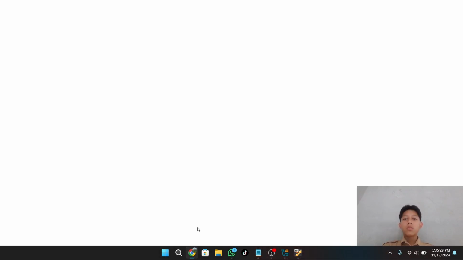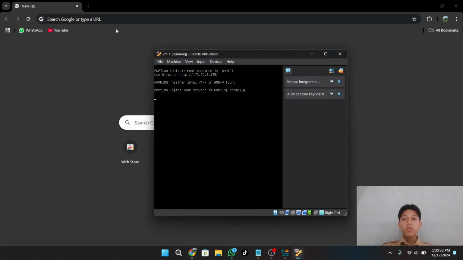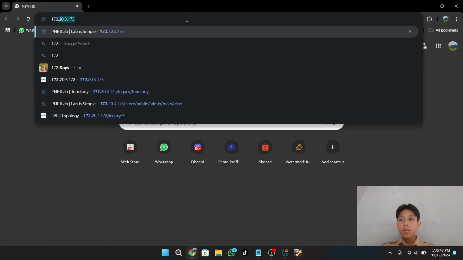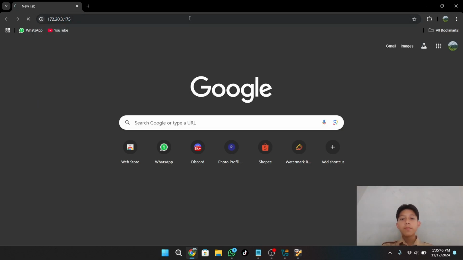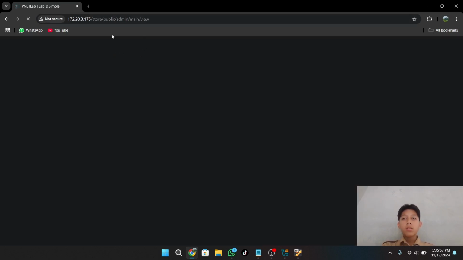Today I will use Google Chrome, and you can type your IP. For example, my IP is 172.20.3.175, and you can press enter, and you now go to the PNETLab web.